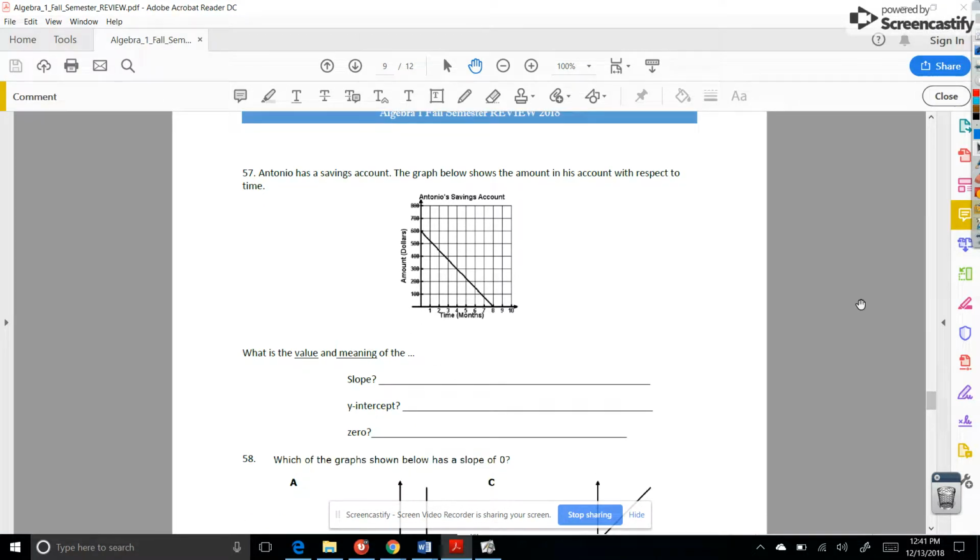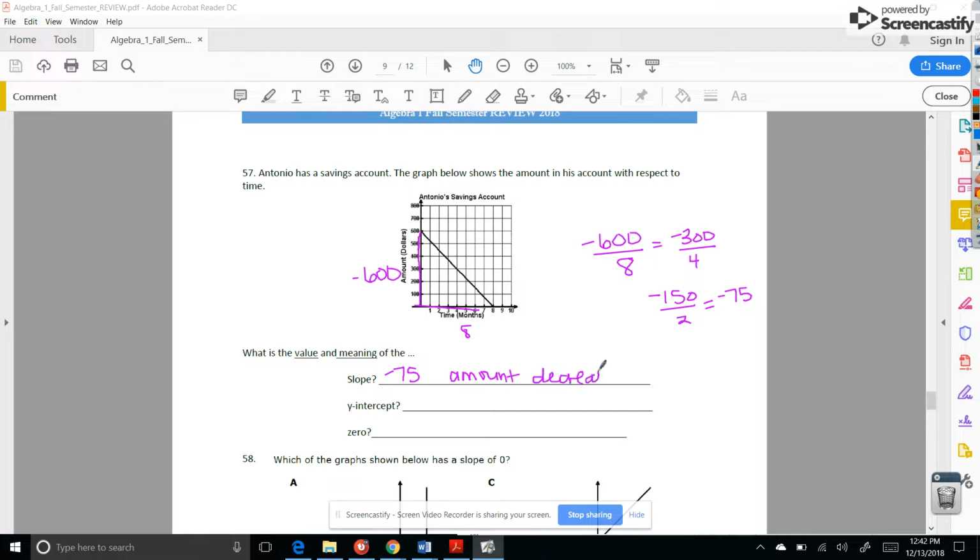Antonio has a savings account. The graph below shows the amount in his account with respect to time. What's the value and the meaning of the slope? Okay, so it looks like we're going down 600 and over to the right 8. So -600 divided by 8. Well, they're both divisible by 2. Still both divisible by 2. Still both divisible by 2. So the value of the slope is -75, and it means the amount